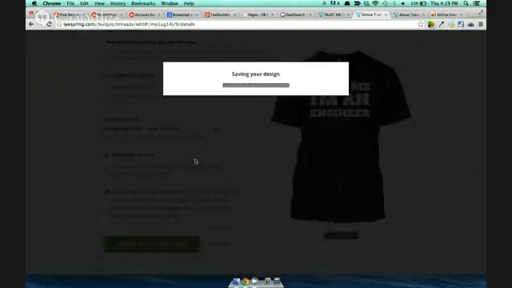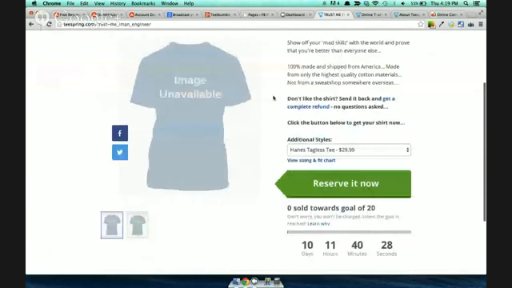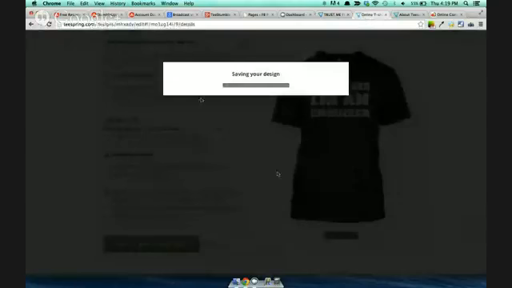Okay, so at this point, we have two different listings. We've got this one here, which is $29.99, and then the one that's saving over here, which is going to be $19.99. And that's going to be the basis of our discount. The reason why we have to use a plugin or something like that is so that we can have people land on this page and then offer them a discount if they go to the other page. And when they click, they'll be much more likely to actually go and purchase it because they're clicking specifically for the discount. So once this finishes saving, which it looks like it's going to take forever,